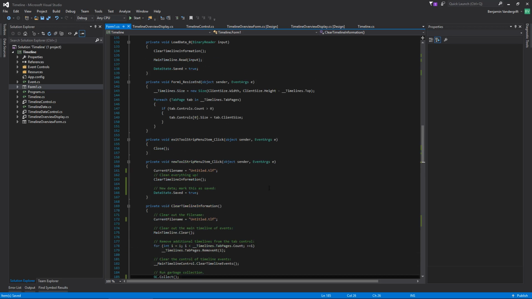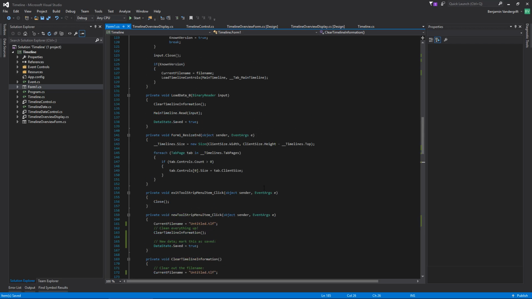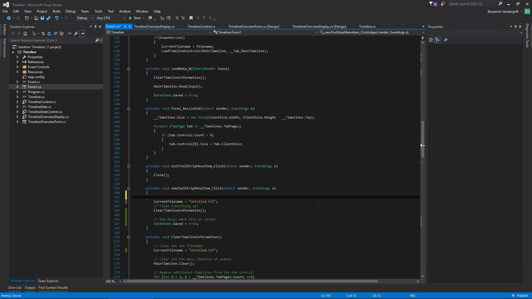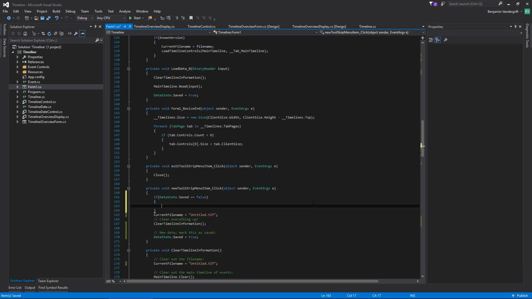And then what we'll eventually want to do is, when you go to do stuff like right here, I should do an if data state dot saved equals false, then we want to do a confirmation. So there's three parts to this. So what we'll usually do is